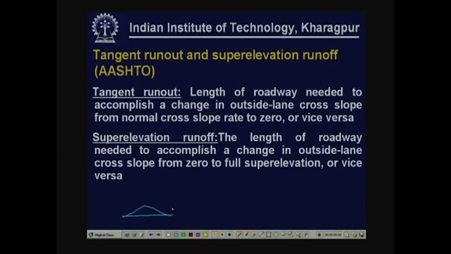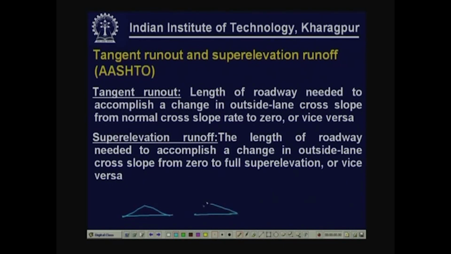Now, when we are trying to provide super elevation, we gradually turn the outer edge, assuming the method of rotation of the outer edge with respect to the center line. So, over a length we rotate it,